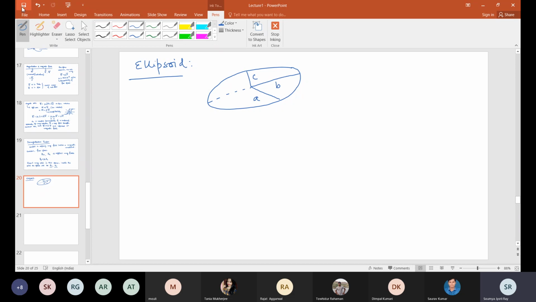In this case, A, B, and C are not equal, and they are the directions of the principal axes. Now if A equals B equals C, then this will become a sphere, right?